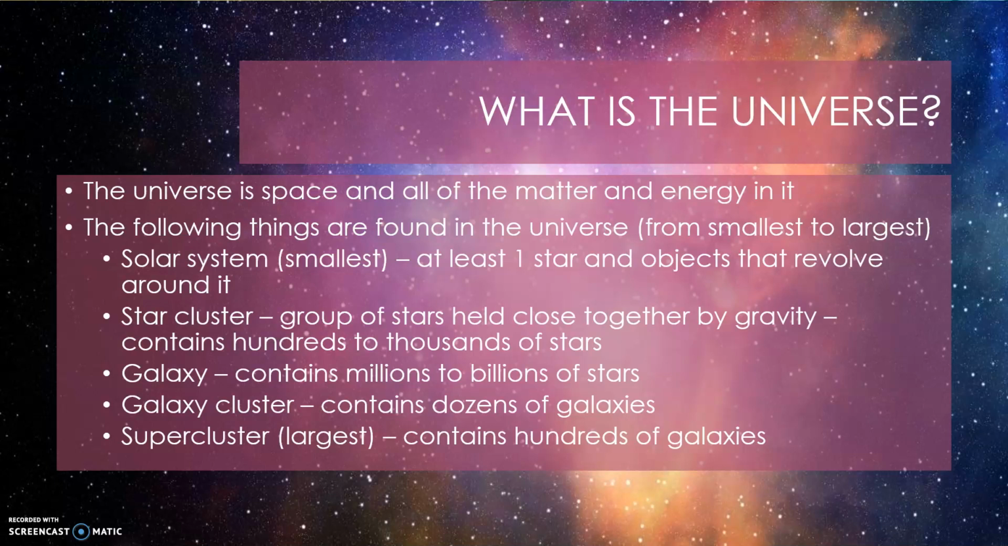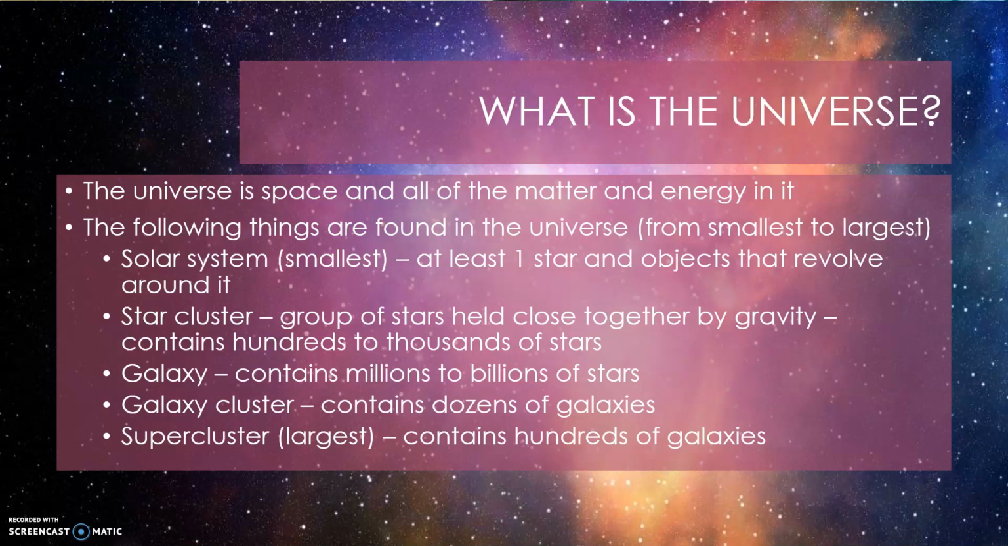From smallest to largest, you have the solar system, the star cluster, a galaxy cluster, and a supercluster. So a solar system is the smallest part of something found in the universe. It's always going to include at least one star with objects that revolve around it. Our example of our solar system's one star would be the sun, and the 8 planets that revolve around it